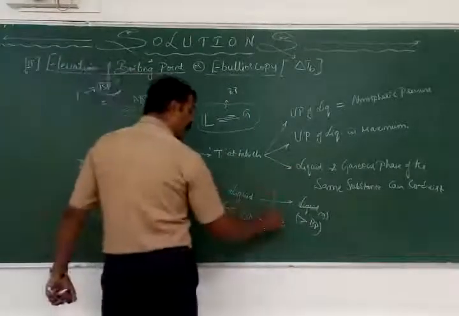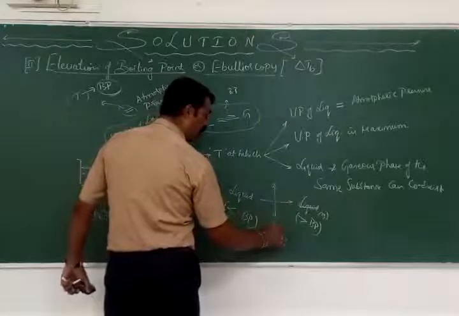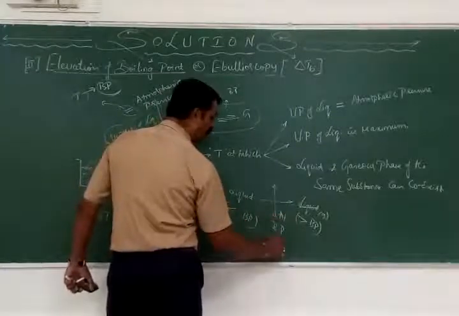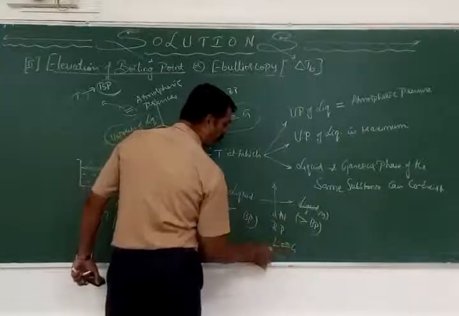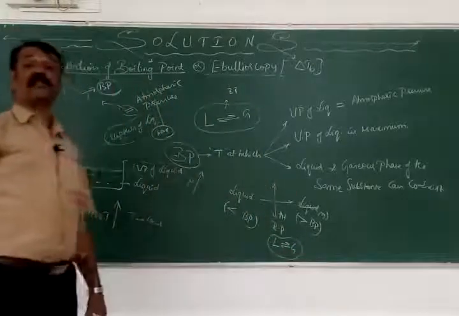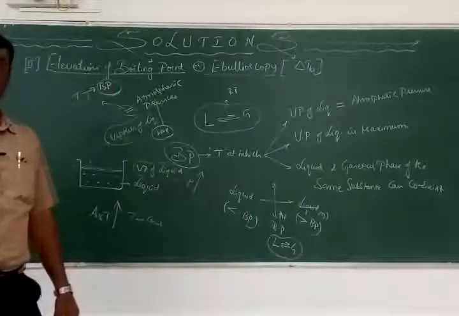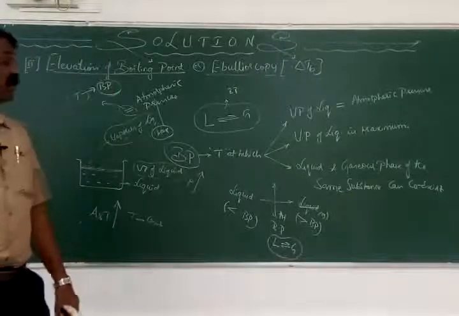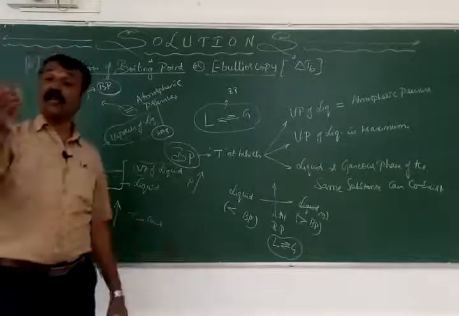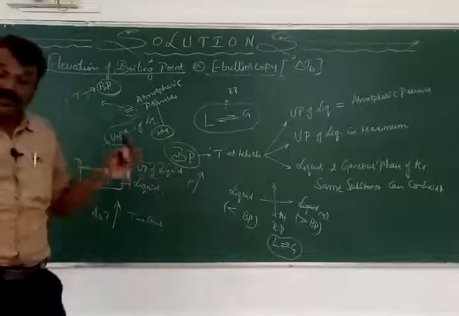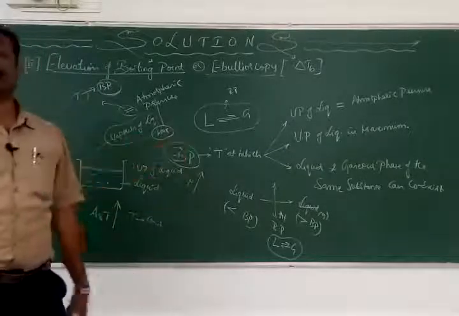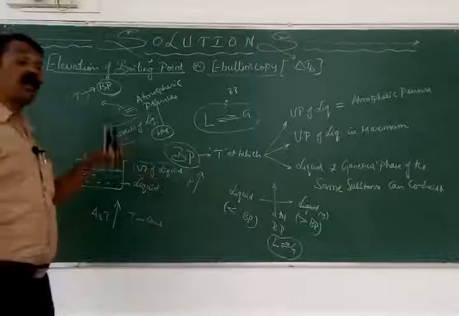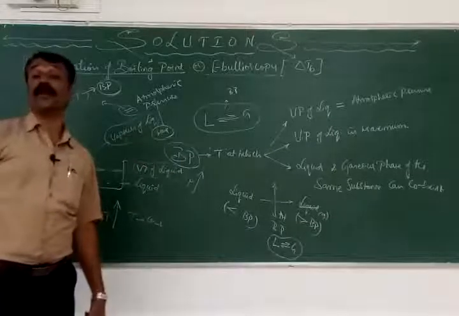But at the what nature? At the boiling point, exactly at its boiling point, who and who are in equilibrium? The liquid and gaseous phases, means a physical state of the same substance can coexist. The same temperature at which the liquid and the gaseous phases of the same substance can coexist is called as what point? The boiling point. Therefore, we can have the three definitions related to the boiling point.